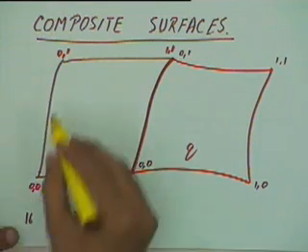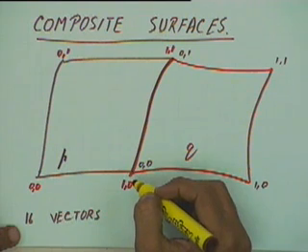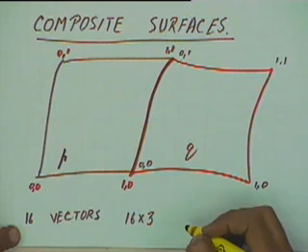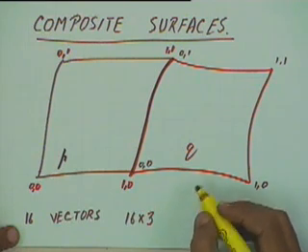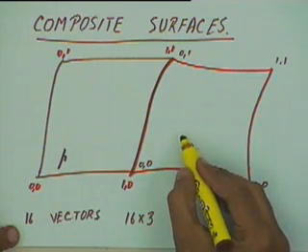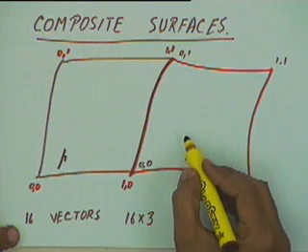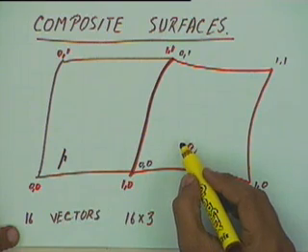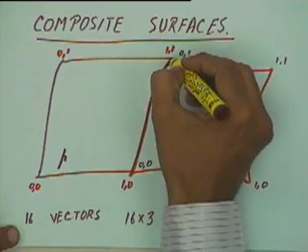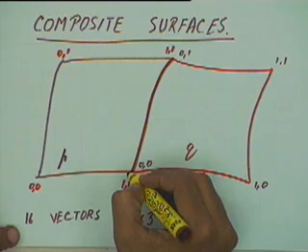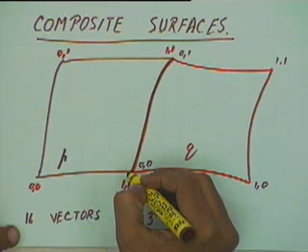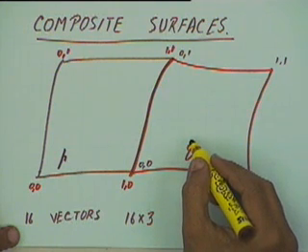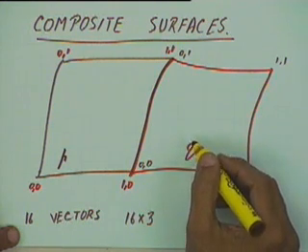Okay, which means that for any bicubic surface, we have 16 into 3, that is 48 degrees of freedom. If these 2 surface patches were totally independent, we would have had 48 into 2, that is 96 degrees of freedom. But since we want to have, let's say, C1 continuity at this edge, the 2 surface patches will not have 96 degrees of freedom. The number of degrees of freedom will be much lower.